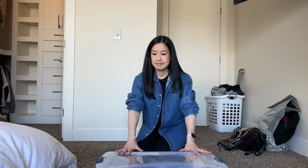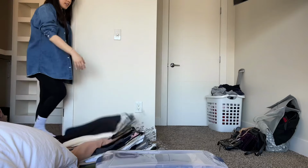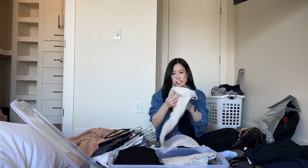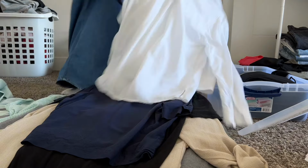Then I went through what was left in my closet that would either go into a no pile or a store away bin. I just took everything out of my closet at this point and started categorizing that way. That is an older bin and it stored a few spring and summer pieces, so I took all of those out to leave room for my fall winter pieces that I don't plan on keeping in my wardrobe at this